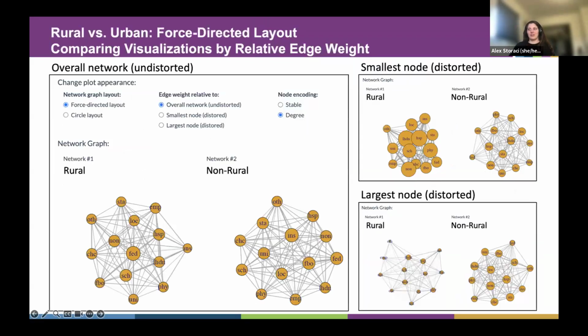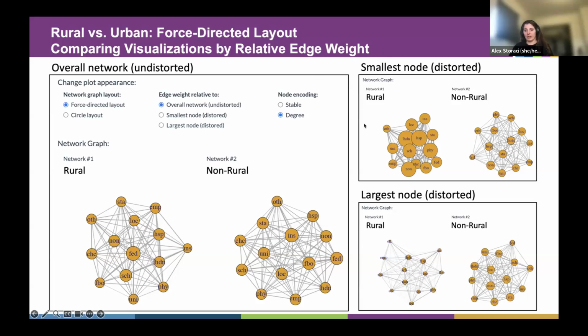So you can also encode the edges based on weights relative to the smallest or largest node. This gives you a better sense of how much variability there is in engagement between organizations. It can also help enlarge smaller nodes in the network and highlight influential actors. For example, if we were to select the smallest node, so up here in the distorted view, this tells